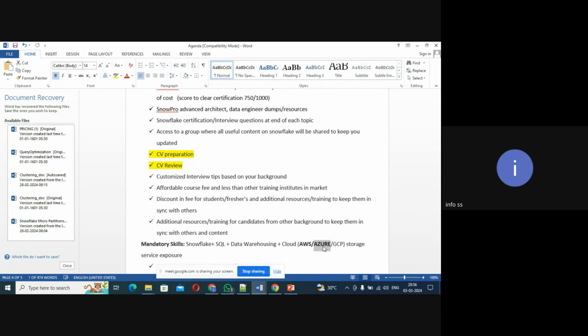Let's say in AWS you have Glue, you have Lambda. You don't need them. Other services not required. Only S3 for AWS, and mainly Blob for Azure. Depending on the client, few clients will use, in Azure along with Blob, they'll use Azure